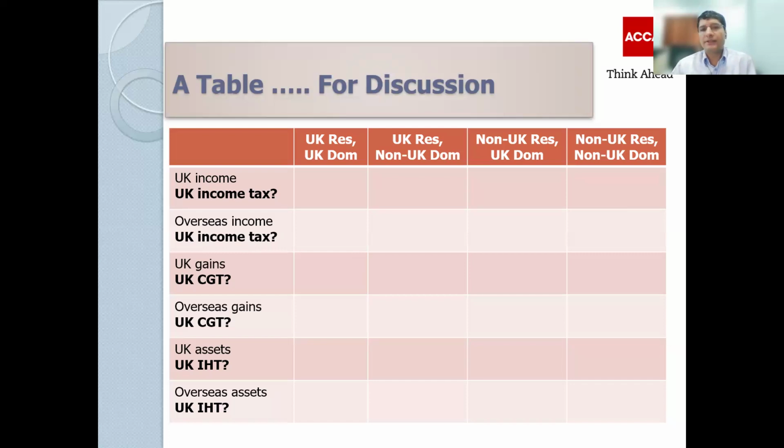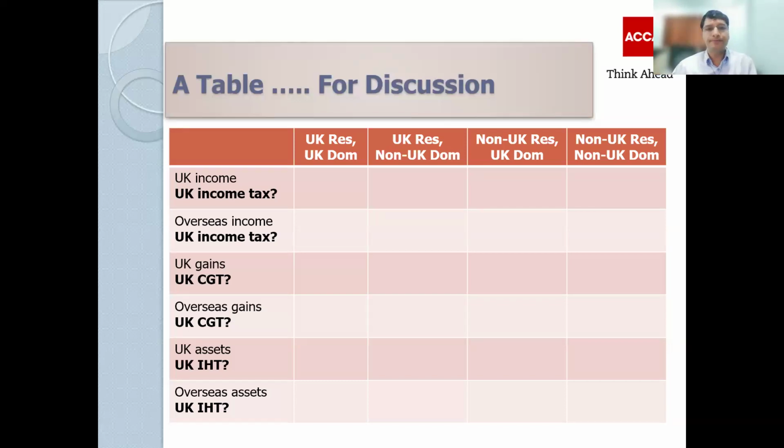Otherwise, think about it. For example, my dad is living in Nepal and he has income in India. That income in India is not going to be liable to UK income tax because it is neither here nor there. My dad hasn't been residing in the UK, and the rental income from India is not UK source income. Therefore, such income, where the person is not residing in the UK and the income is not within the UK, is not liable to UK income tax. That is fair enough.